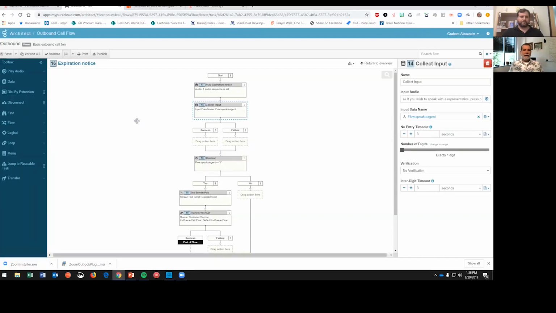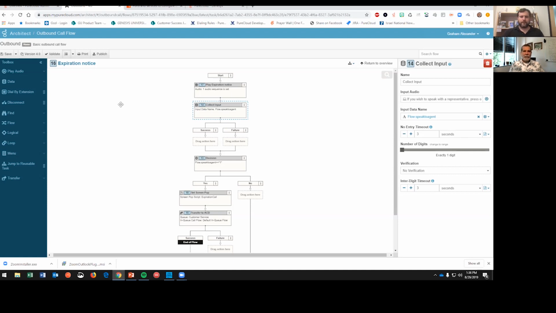Yes, I gave a quick answer online, and I wanted to give a little bit more detailed answer, just showing some of the functionality that's available in Architect for the outbound call flows. So I went ahead and set up a real quick, rough example. Starting here in an outbound call flow, I just wanted to show the part of the example where it asked, can we do custom text-to-speech coming from the contact list? So here I've got a